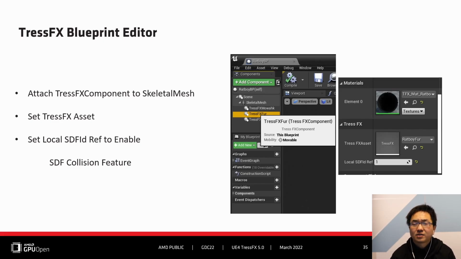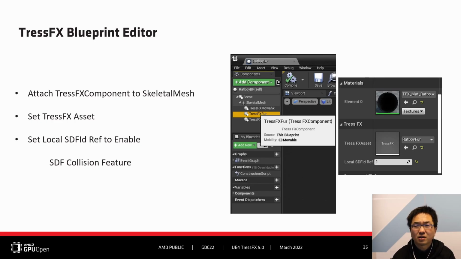Now let's look at the TraceFX Blueprint Editor. We should use our TraceFX asset and turn on SDF here. After attaching the TraceFX component to the skeletal mesh, you can set the TraceFX asset and set local SDF ID reference to enable the SDF clearance feature.